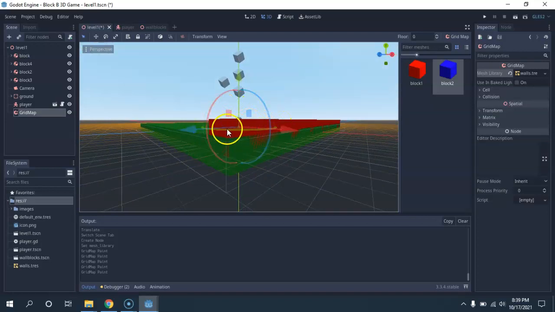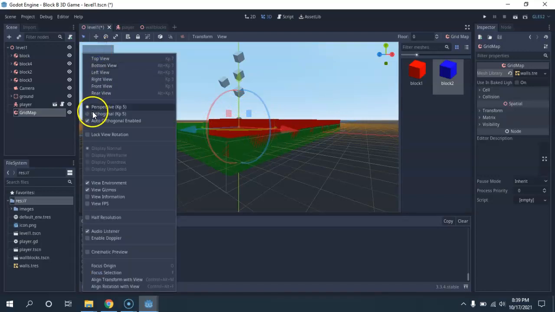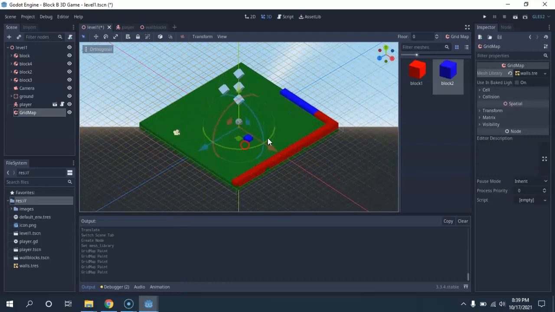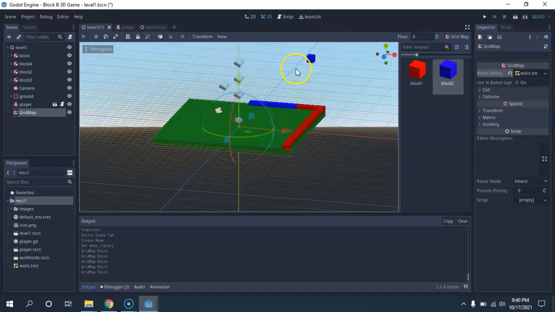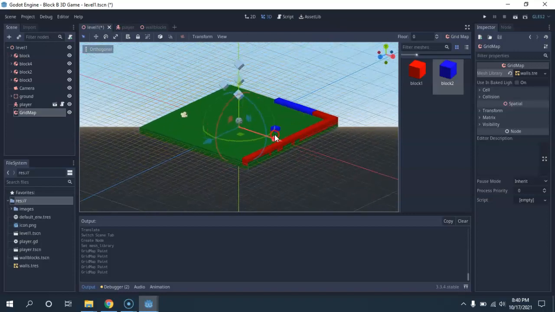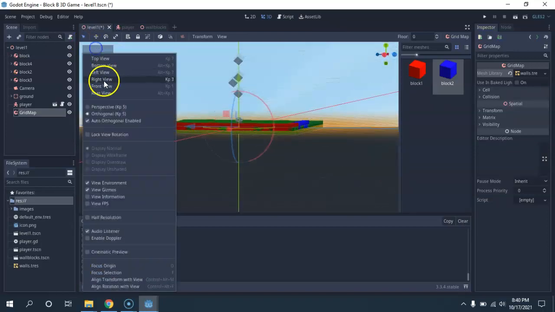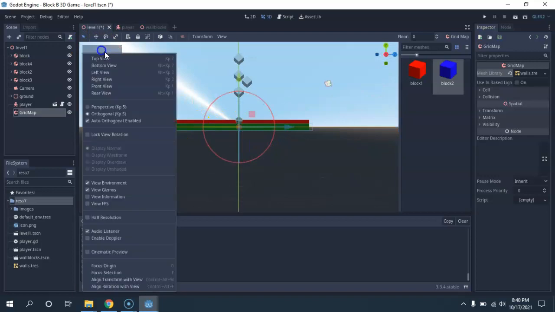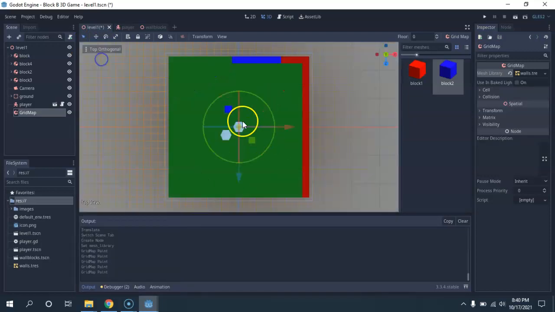I can't see what I'm drawing. So change from perspective to something called orthogonal, and you may have done this if you've done any drafting or 3D work before. Orthogonal basically keeps it 3D, but removes that idea of perspective. You can see those lines do not vanish to a point in the distance, they stay parallel, and everything looks the same size, the size that it actually is. We can also easily switch different views here. So I can look at the left, I can look at the top. If I go straight top orthogonal view, this makes it really easy to draw around and make a fully contained